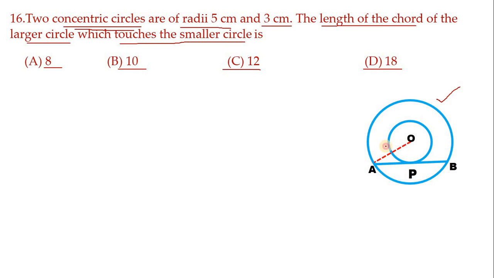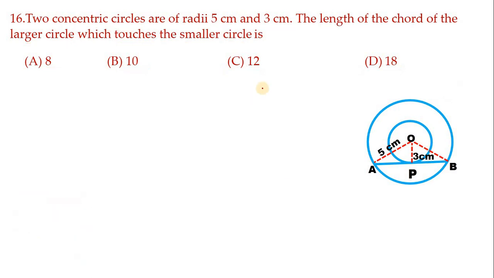Now let me take this OA is the greater circle radius, hence it will be 5. Next this OP is the smaller circle radius, so let it be 3 cm. Now what we have to find here is the length of the chord of the larger circle which touches the smaller circle. See, now AB is the chord for the larger circle and the chord touches the smaller circle. So that length we have to find. That we cannot find directly. So this is 90 degrees, children,